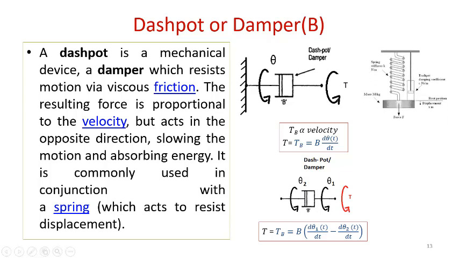To help us know where the damper or dashpot is placed in the case of a spring, mass and damper system, and how its influence will be there. So here we can see a diagram of combined rotational elements, that is mass, spring and a damper. When this is going to rotate and displace, it is going to reduce the oscillations whenever the energy is